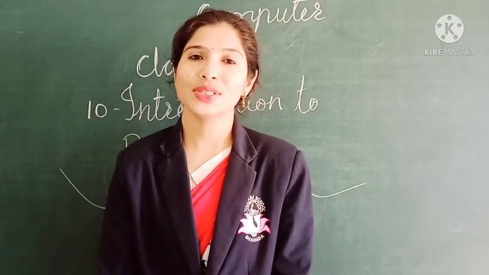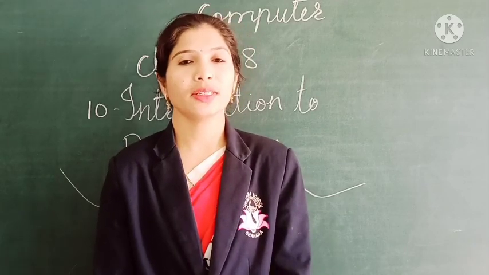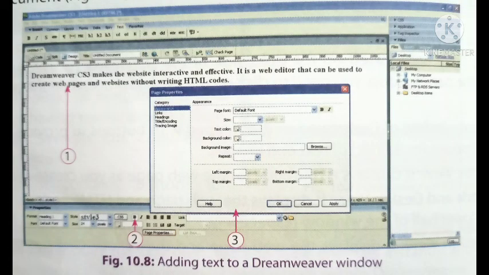Now we are going to see editing text in a Dreamweaver document. Some steps are there. First, type text in the document window. Then select the typed text and click on Bold in the Property Inspector. The text will appear in bold. Click on the Page Properties button to display the page properties, where you can make changes.